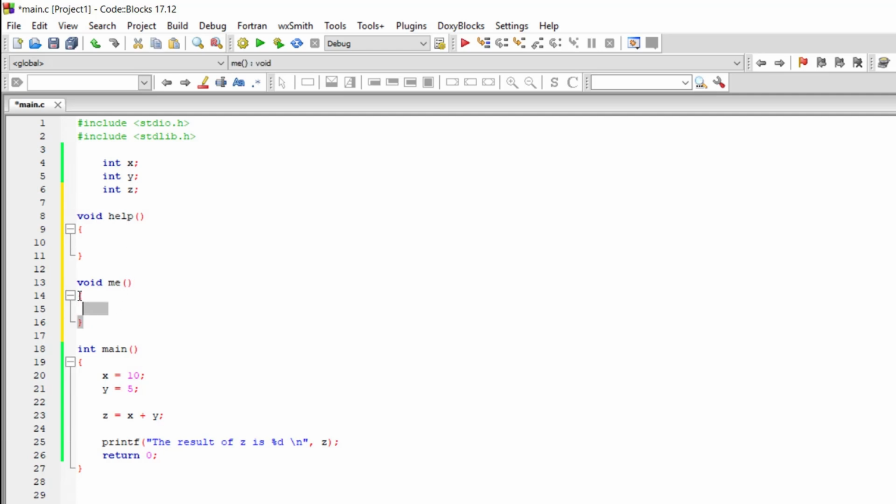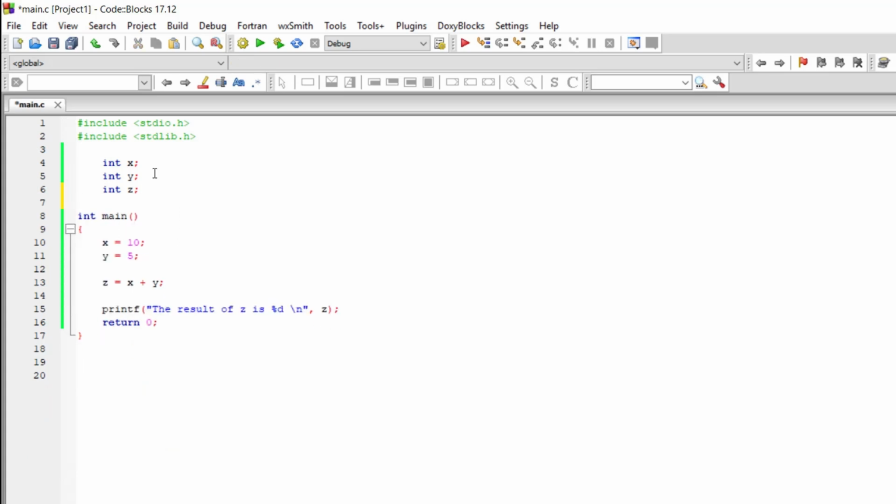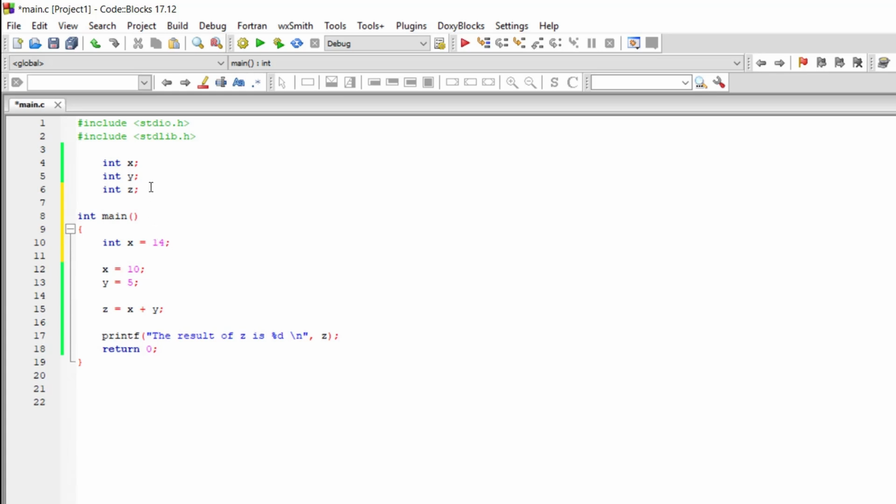And for instance, I'll go ahead and remove these things I put right here. So these things go out. If I come right inside here and declare another local variable, int x equal to 14, semicolon, and I have int x right here already, maybe, let's say int x is equal to 10. I'll go ahead and comment this x right here. If I run this function,